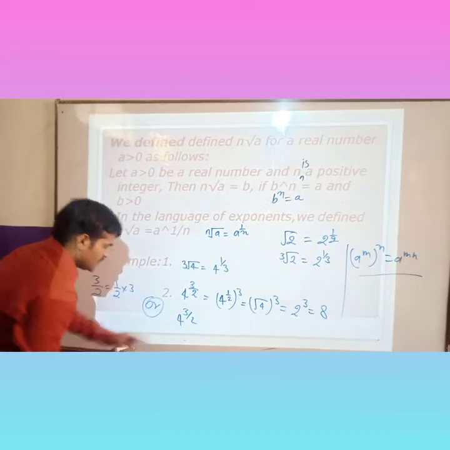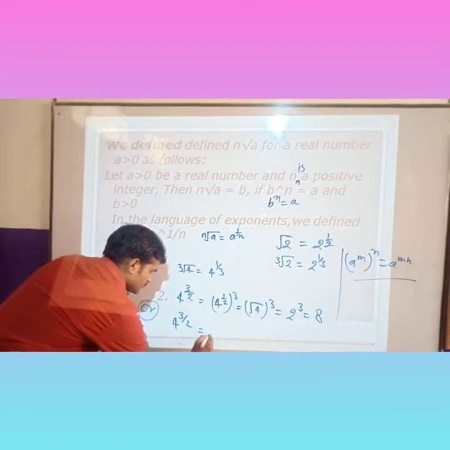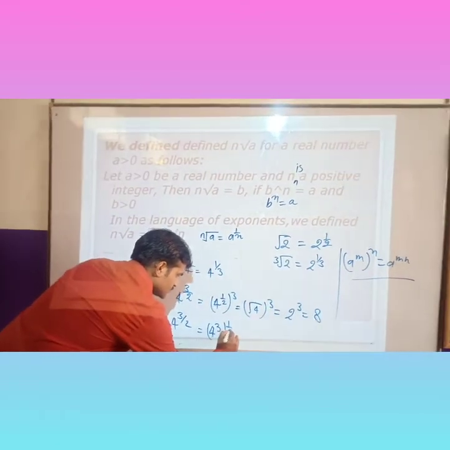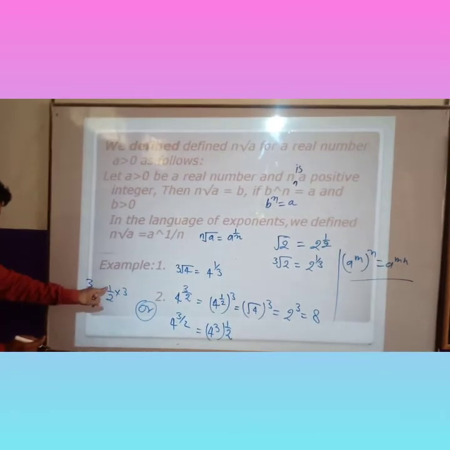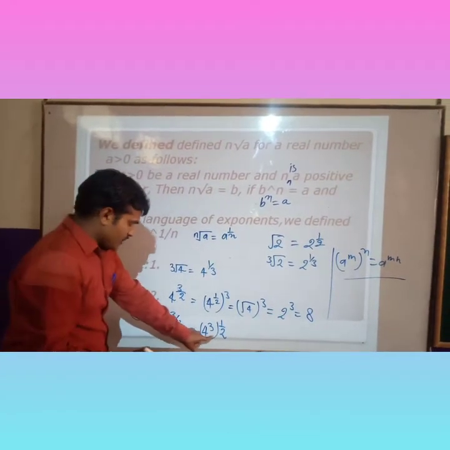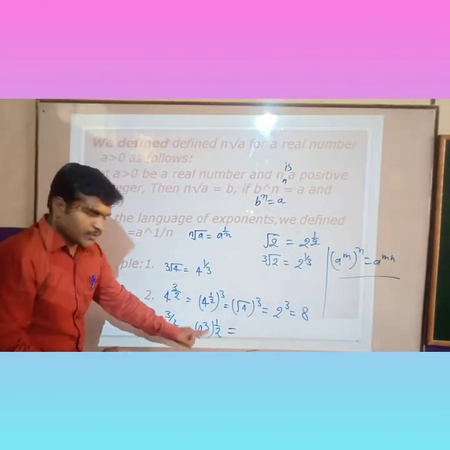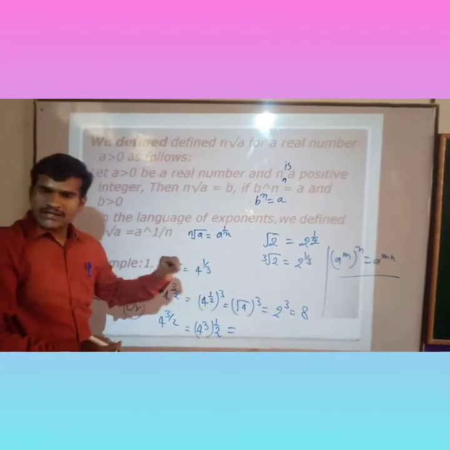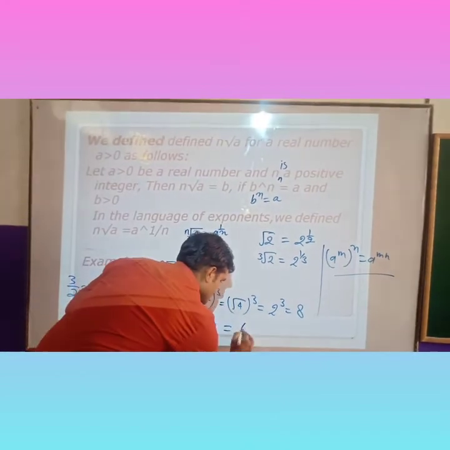Second method, 4 power 3 upon 2, we may write (4 cube) power 1 upon 2, because 3 upon 2 we may write as 3 into 1 upon 2. So 4 cube power 1 upon 2. 4 cube means 4 times 4 is 16, 16 times 4 is 64. So that is 64